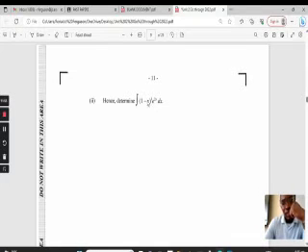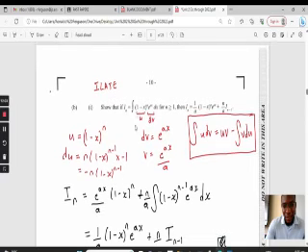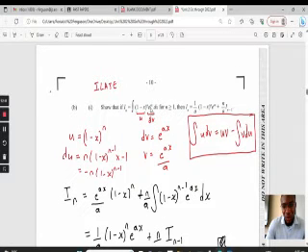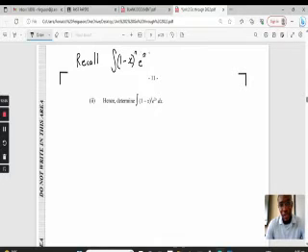Now here it wants us to hence integrate this function. Hence meaning using the formula that you just derived. Now the formula we just derived is this. You realize that right here it's 1 minus x raised to the third power, so we're going to substitute n as 3. And realize e to the ax, we're going to substitute a as 2. So just to write it back down what we had, I'm just going to write it at the top. Recall that the integral of 1 minus x to the n, e to the ax dx is equal to,